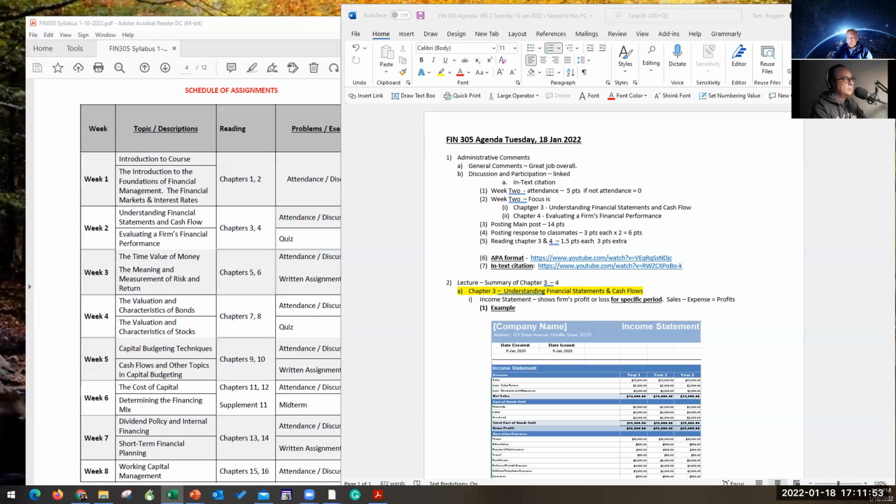But you must respond to your classmates, again, making substantive statements. In other words, it must have in-text citations. Each one is worth 3 points. So 3 points for one response to a classmate's post, another 3 points for another